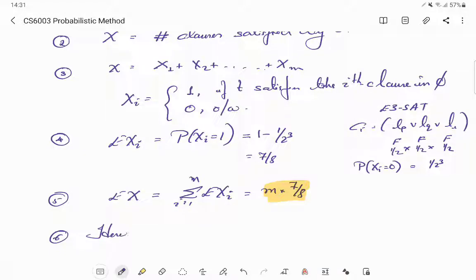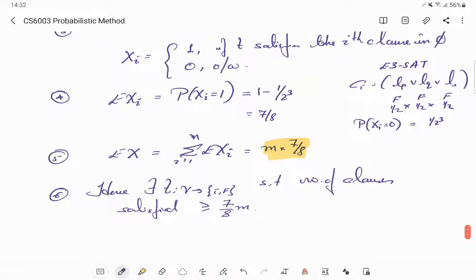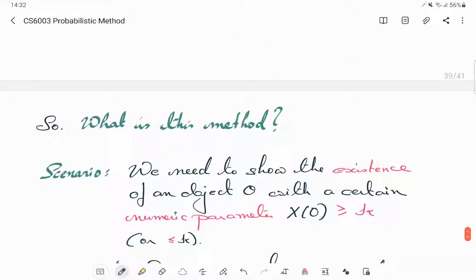Hence there exists a truth assignment from V to {T, F} such that the number of clauses satisfied is at least 7 by 8 m. So if the average number of clauses that are true is 7 by 8 m, there exists at least one assignment that is equal to or better than the average. That is the idea. Maybe we'll do a couple more examples in the next lecture, but